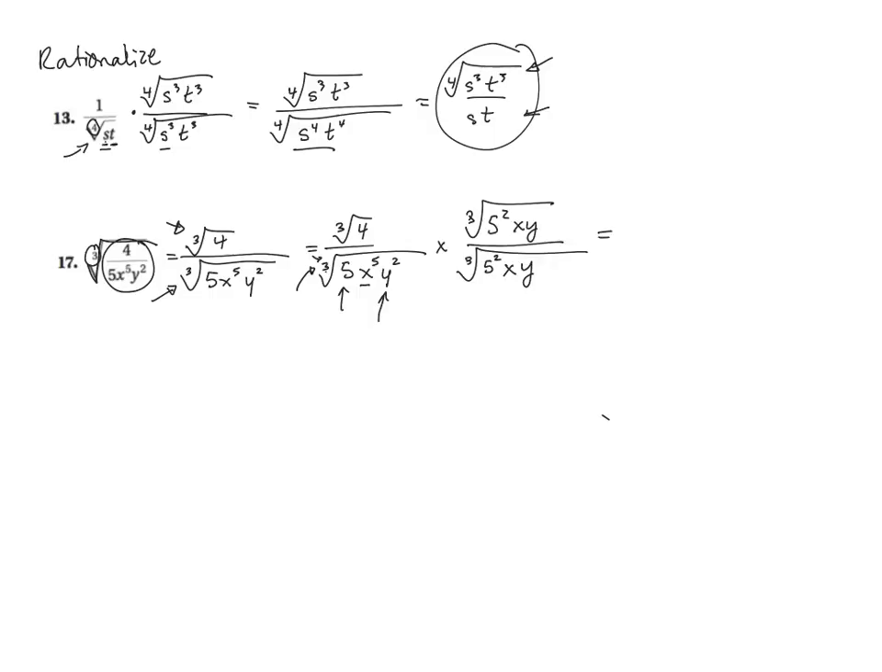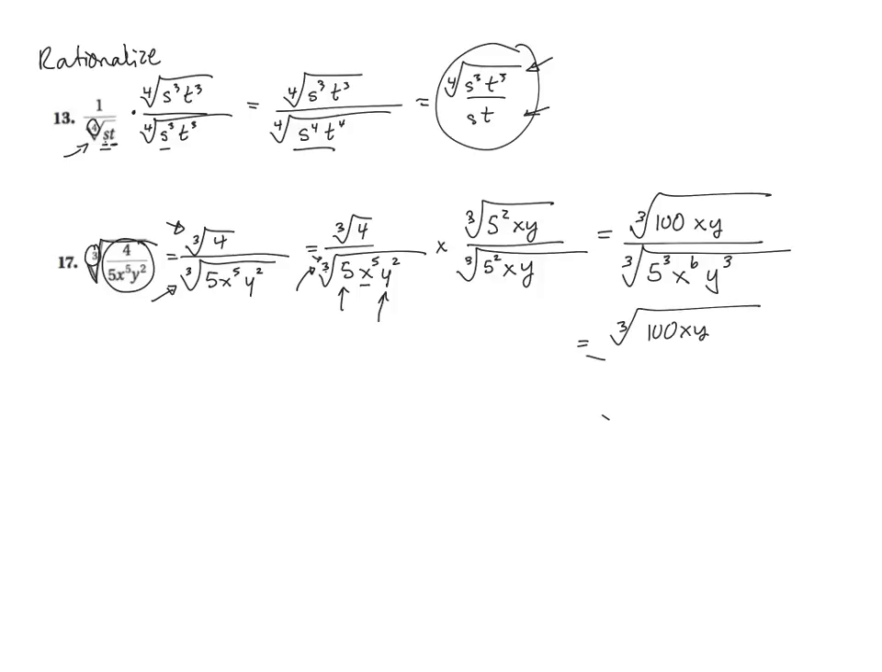So on the top, since they're both cube roots, I can combine them. So it'd be 4 times 5 squared is 25. 25 times 4 would be 100, x and a y. Over, on the bottom, I'll have the cube root of, now I have 3 5's, I have 6 x's, and I have 3 y's. So if I simplify the bottom,